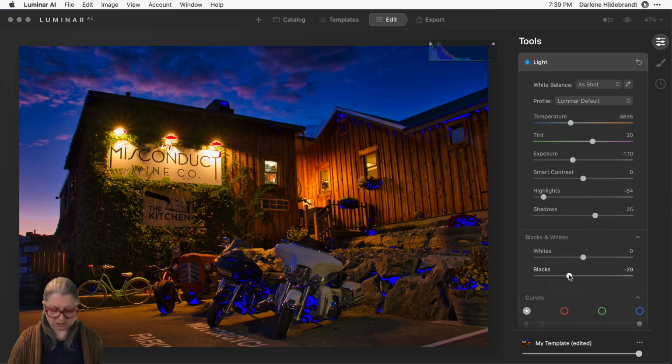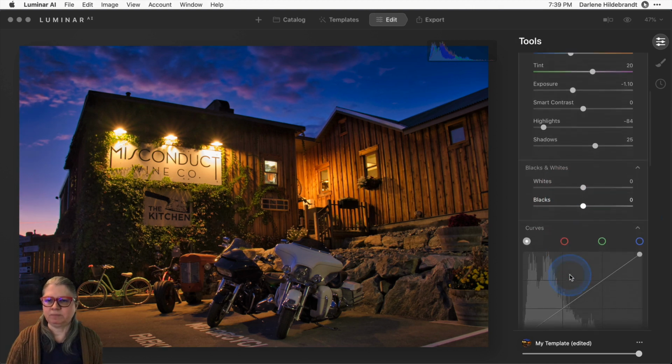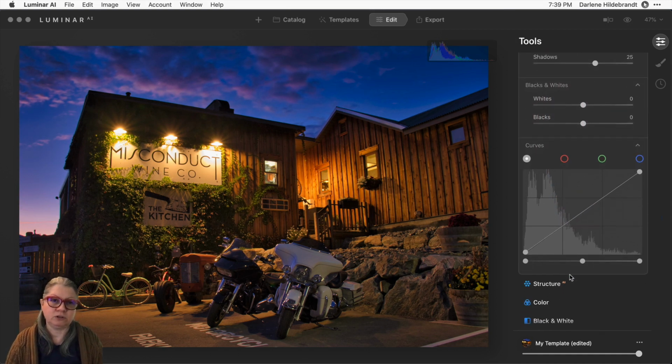Don't remove the blacks. Just know that there's a dance that you have to do back and forth between adjusting the contrast and adjusting the saturation, and sometimes going back and adjusting the previous setting again and tweaking it a little bit more. I'm just going to reset blacks for the moment, and I'm going to show you another tool that you can use to affect the tones in your image.